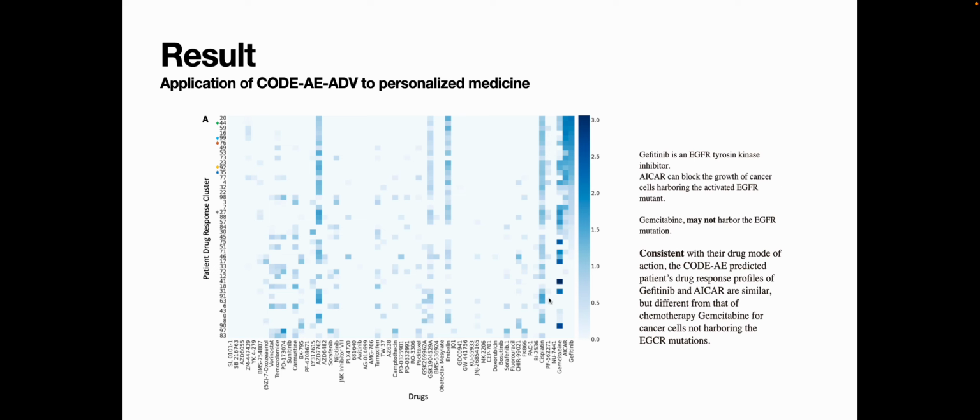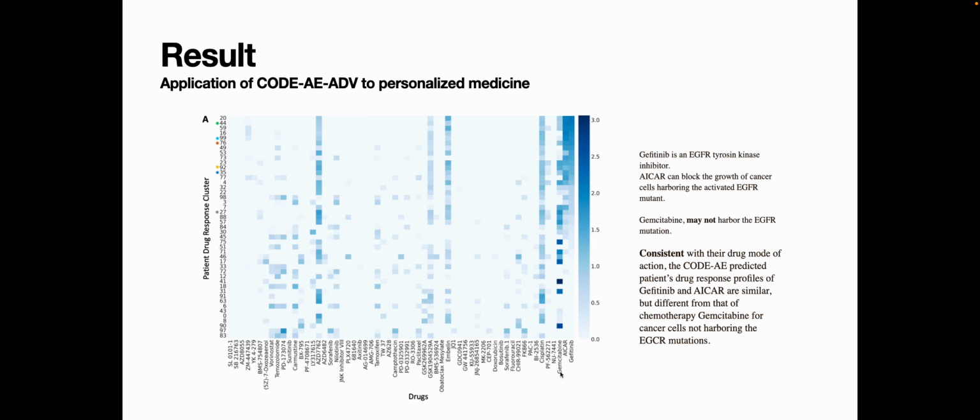And Gefitinib is an EGFR tyrosine kinase inhibitor, and AKT can block the growth of cancer cells harboring the activated EGFR mutation. However, gemcitabine may not harbor the EGFR mutation. So, consistent with the drug mode of action, the predictions of Gefitinib and AKT are similar, as you can see from this heat map, but different from gemcitabine, which is the only one that does not